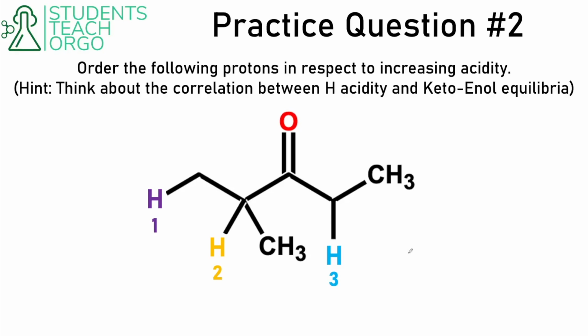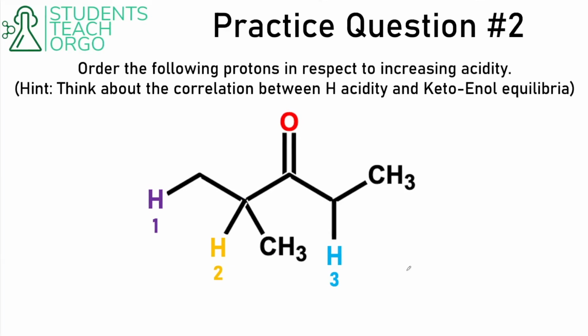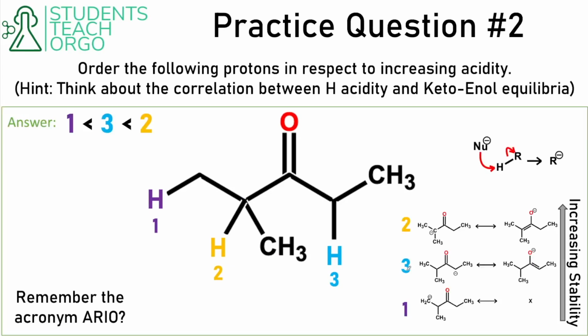Rank them: most acidic, least acidic. Alright, I'm going to go ahead and show the answer now. So it turns out that 2 is the most acidic and 1 is the least acidic. And if we wanted to think about this in a lens from Orgo 1, we can imagine that